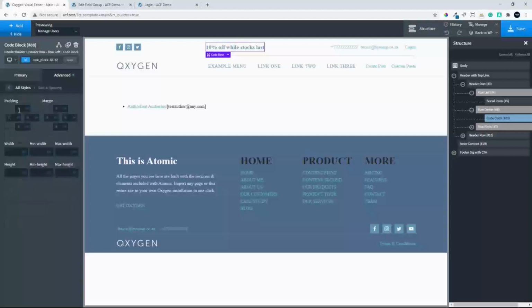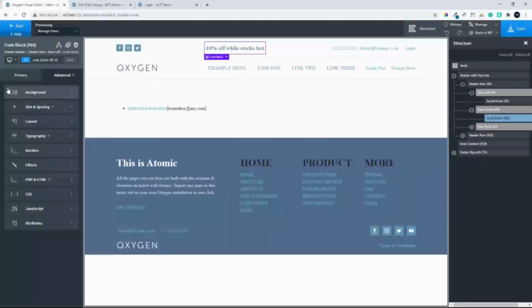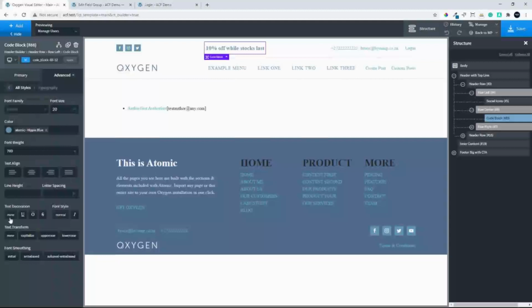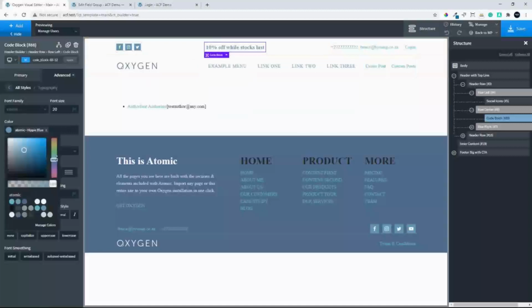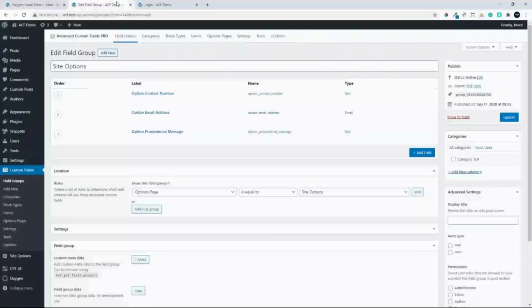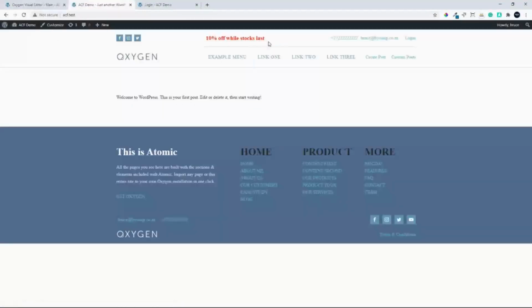And in size and padding, let's just give that an extra 5 pixels all around. And also in typography, let's just make that line height a bit smaller. Let's make it 1.2 just so that it lines up a bit better. So there we have our promotional message. Let's make it a little bit brighter than that. Right, so that would mean that now when we refresh our page, you'll see that we have the promotional message